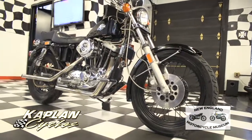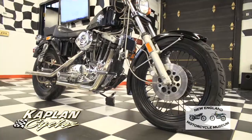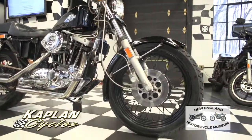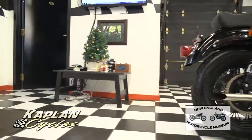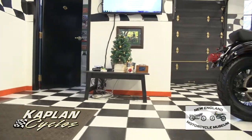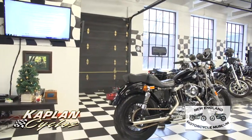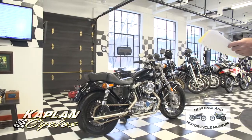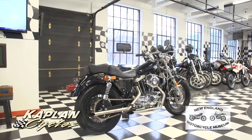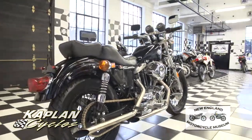Starting with the tires, Dunlop D401 front, D402 rear, brand new Harley Davidson tires, brand new inner tubes, brand new side valve inner tubes, brand new 19-inch center valve rim strip, brand new 16-inch side valve rim strip, brand new inline fuel filter and fuel lines, brand new 530 by 120 gold drive chain, new front brake pads, new rear brake pads, new DOT brake fluid, new master cylinder rebuild kit for the front and rear, new fuel inlet swivel,